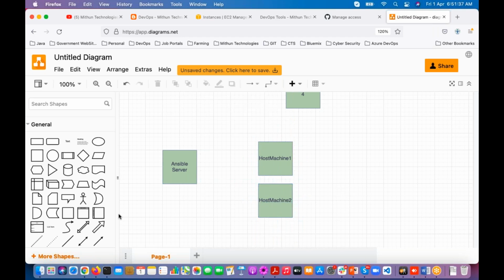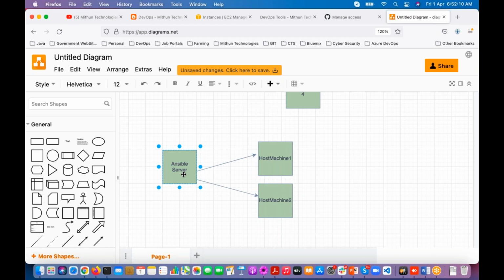Host machine 2. So this host machine 1 and host machine 2 details, where are we going to configure, guys, in which file? Come on, guys. The host inventory file, which is available in the inventory, not in the YAML. The YAML file is where we are going to write the playbooks. This host inventory details, these host machines' IP addresses, we are going to configure in the Ansible server.